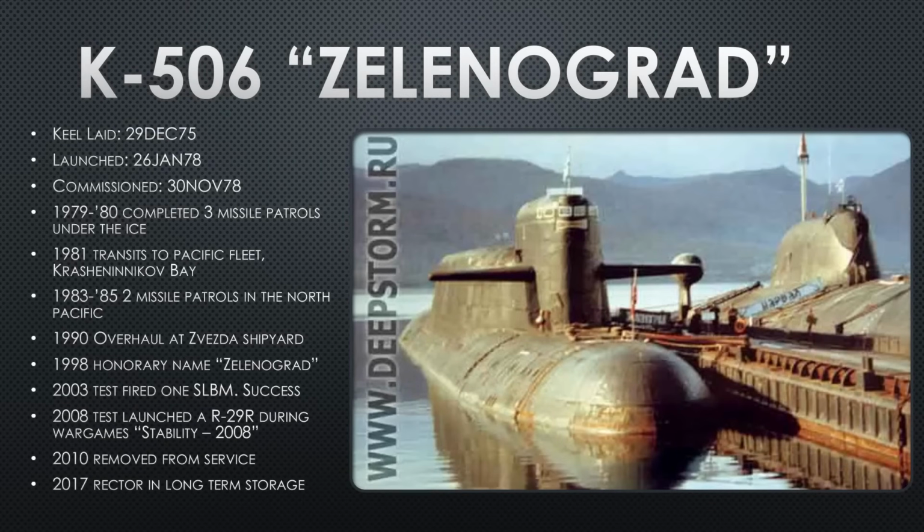All right, let's move on to the K506. Built from 75 to 78, she completes 3 missile patrols under the ice from 79 to 80. In 1981, she transits to the Pacific Fleet, stationed out of Krasheninnikov Bay. In 1983, she does 2 missile patrols through 1985. In 1990, she heads over to Zvezda shipyard, across the bay from Vladivostok, for overhaul. 8 years later, she gets the honorary name